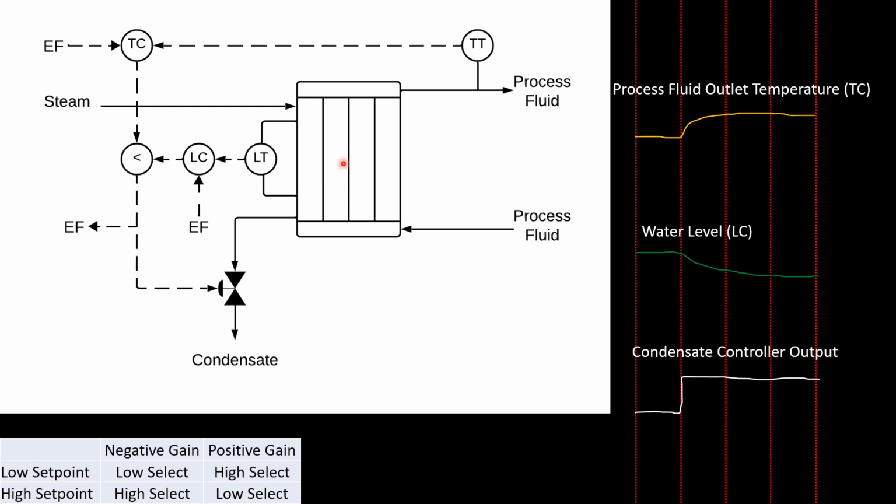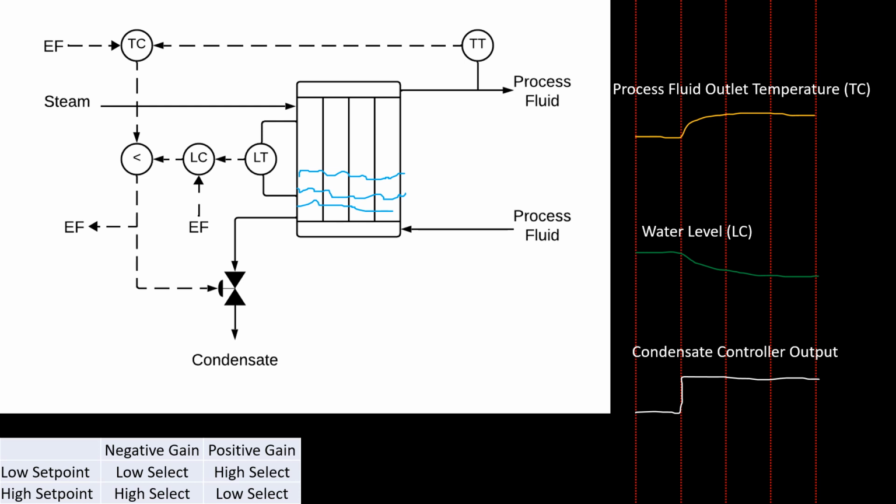Our normal operating control variable is the temperature of the process fluid. However, we have an abnormal control variable. This heat exchanger has a level to it. And as you decrease this level, you might have steam potentially blow down through the condensate valve, which is not good. So we need a low level override controller to make sure